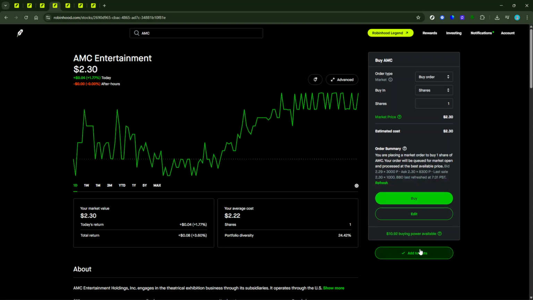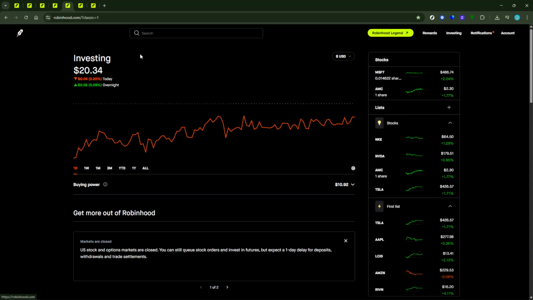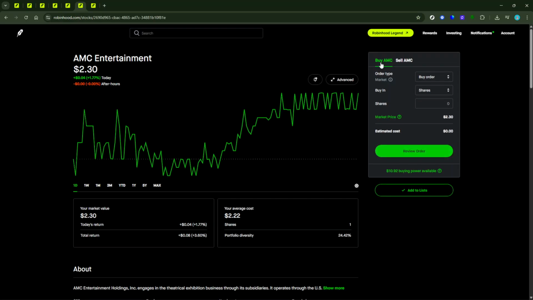To sell a stock that you already own, head to your watch list or portfolio, find the stock you're looking to sell, and go to its page. Click Trade, then choose Sell. Enter the number of shares or amount you wish to sell, review your order for accuracy, and finally click Sell